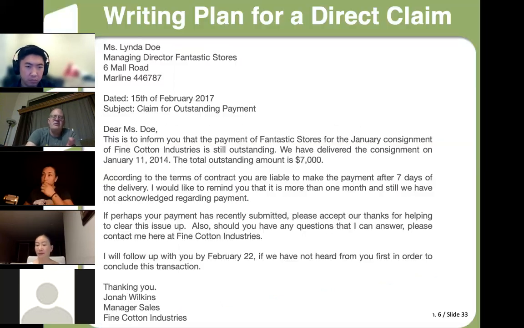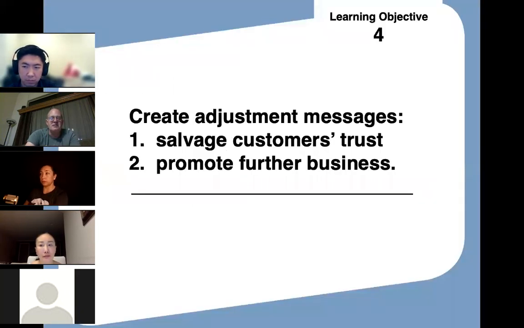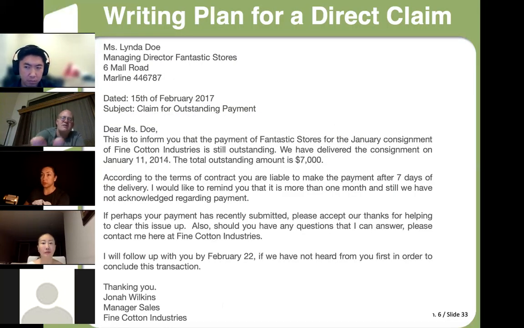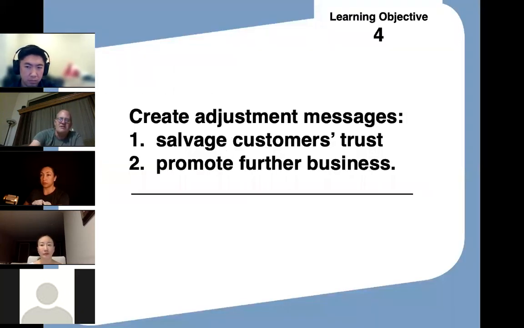Now, the letter that goes out like this needs to have a response. And we call the responses to letters like this adjustment messages. So it's the response to a claim letter. This is a claim letter, and the response is going to be an adjustment message. We write these things for two reasons. One, we want to keep the relationship.